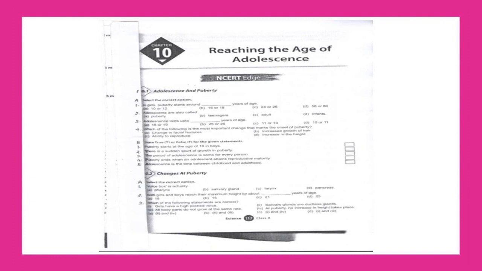So it is also called teenagers. This group of boys and girls, the age group of 13 to 19, they are also known as teenagers. I hope you understand. So during these stages, all the maturity of a person, behavior, character, habit, everything changes. That is attaining the puberty. Once we reach the puberty, adolescence will stop, maturity will stop, and reproduction will start occurring. That's reaching the age of adolescence.